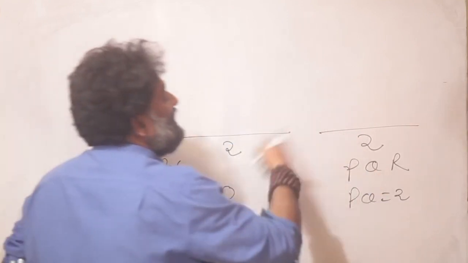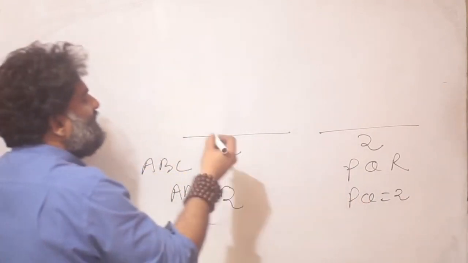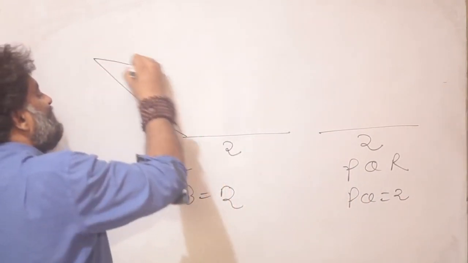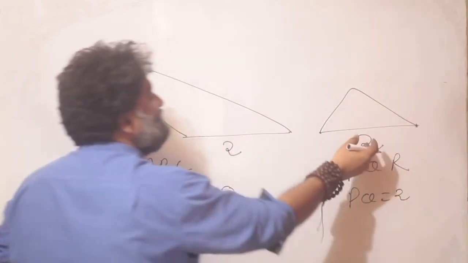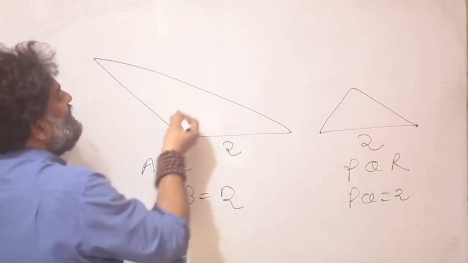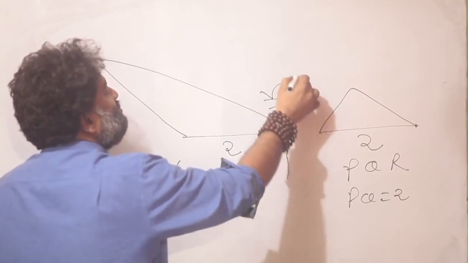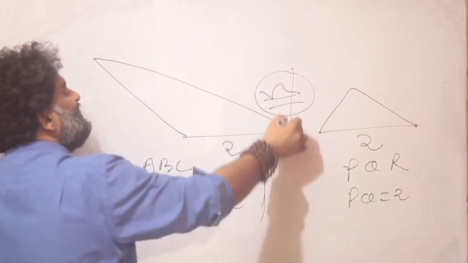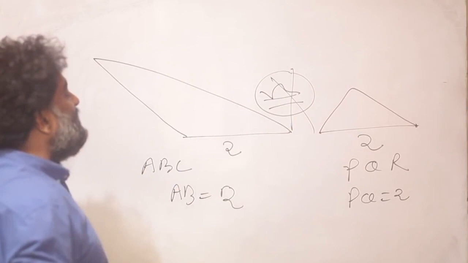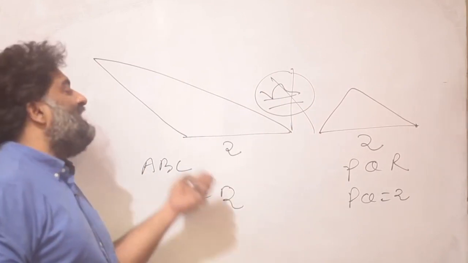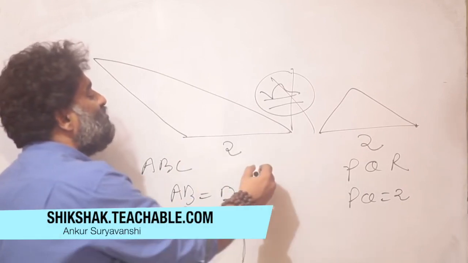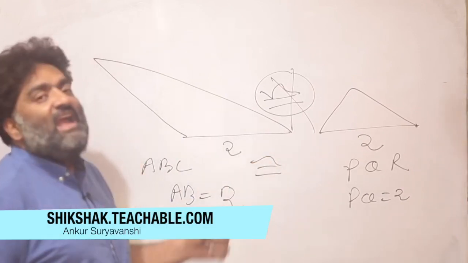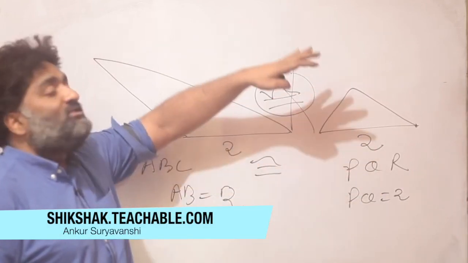So will the two triangles be congruent to each other? And I can see this very quickly. I can create a triangle like this and I can create a triangle like this, because only this was given, rest was up to me. Are these two shapes congruent to each other at all? I can see they are not, just by visually, right? That means if somebody gives me only one side of the triangle, I cannot prove that the two triangles are going to be congruent to each other. I need more information.